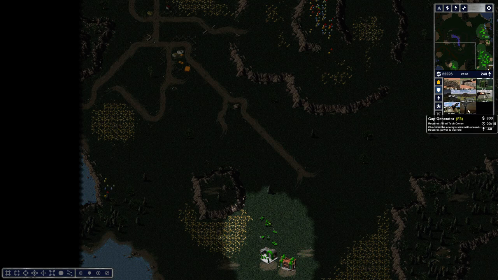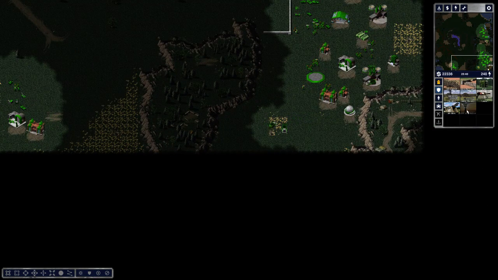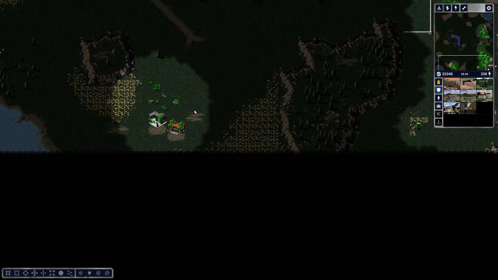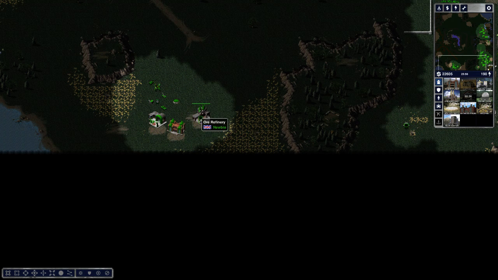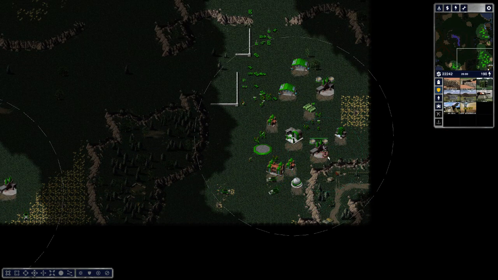Also can build these gap generators, which will keep the Black Shroud within its radius. Even if you're in it, if the opponent moves to that spot at some point, it'll just keep covering it back up. So you can keep your opponent in the dark as to what you're doing. Not sure how useful it is against the computer, because the computer would just know what you're doing anyway, probably, so...